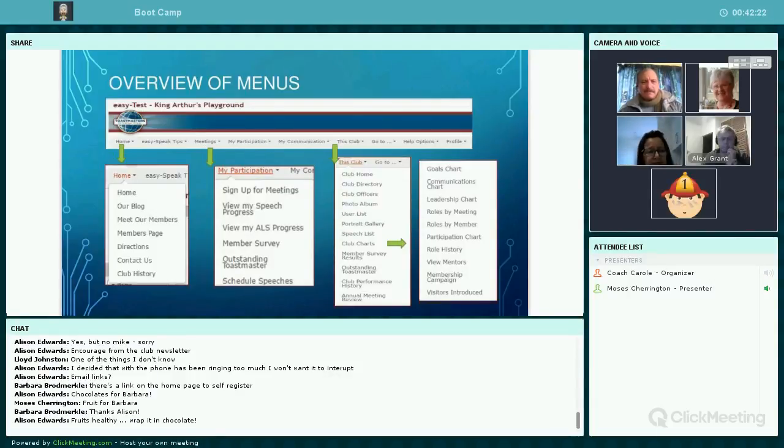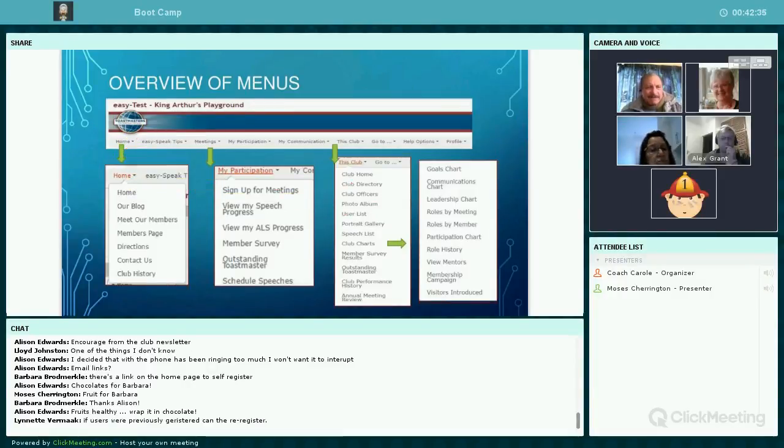Number 6. Okay, so I'm to introduce the 3 main menus to be covered today and how to get to them. Now that's a toughie. So the 3 main menus are Home, My Participation, and This Club.